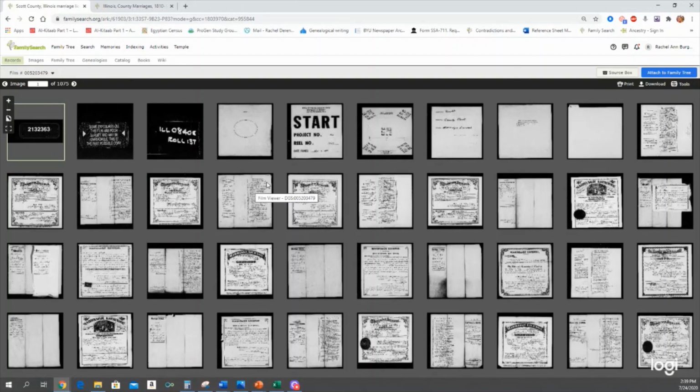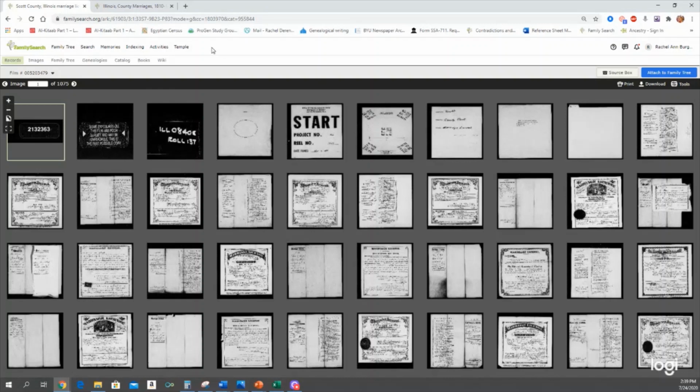And now that you're here, get your bearings again. If you get nothing else from this presentation, first step is to get your bearings and understand what you're looking at, because you come in here and you're looking not at books but at loose papers. Loose marriage licenses. So we now are a little bit more familiar with the beginning images for a microfilm that indicate that you're starting a microfilm.